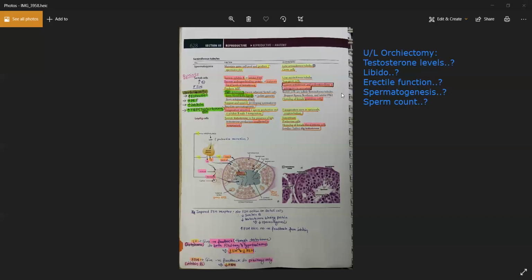So testosterone production from the remaining testis will be increased, and you will get a slightly reduced or a normal level of testosterone, right? Because the testosterone level is normal, you will have a normal libido. The erectile function will be normal,